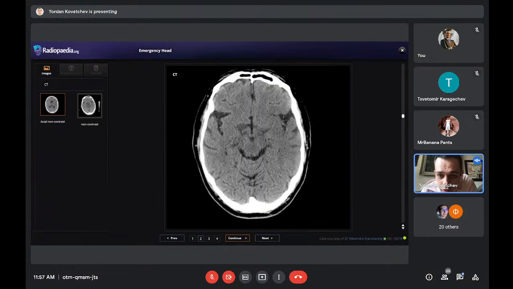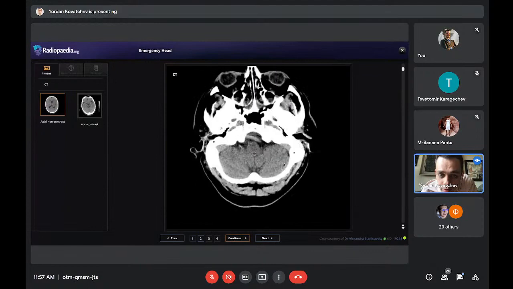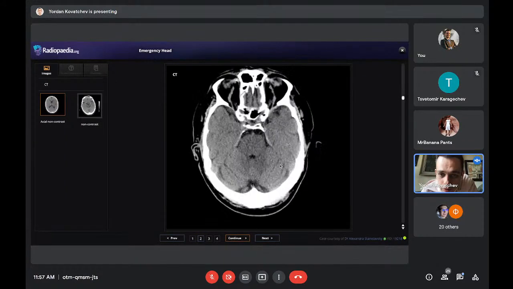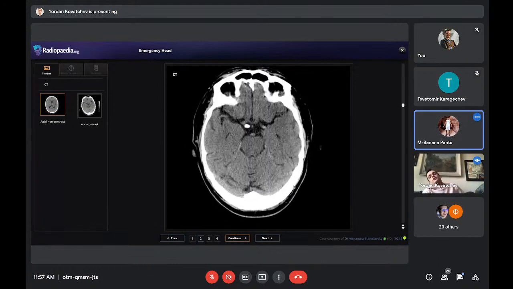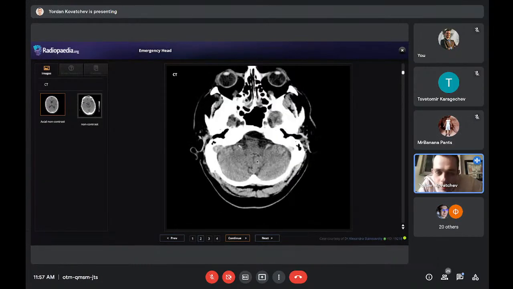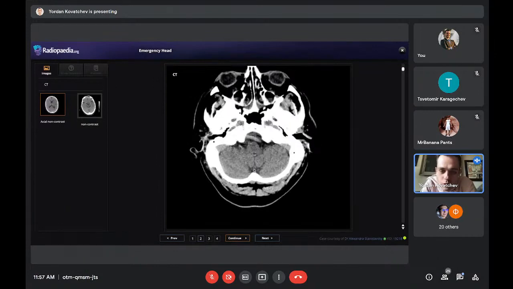So good job on noticing this. I wonder if you see the other thing that we need to notice on this exam before I continue with the other one, because I don't want to bore you with just one patient. Dense MCA sign on the left again. Great. Good job. I'll show you again what it means, but just first to say what's normal.